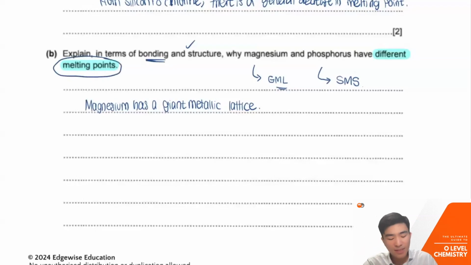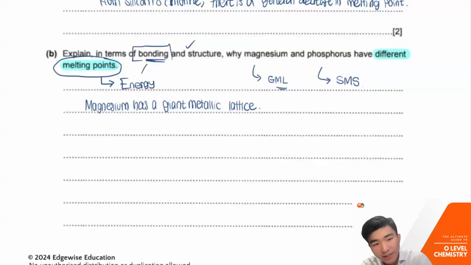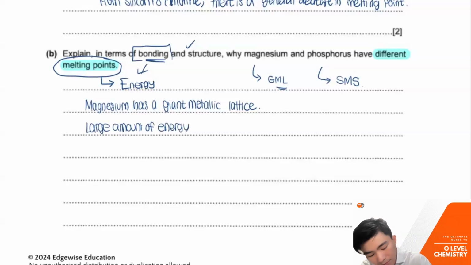If you are my student, you know that whenever I say melting point, you must always talk about the E word. E word stands for energy. So when we explain about bonding, I can go straight to it and talk about energy. So a large amount of energy is required to overcome